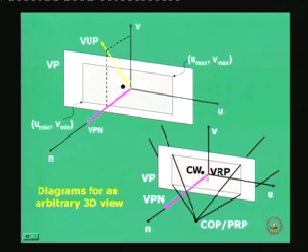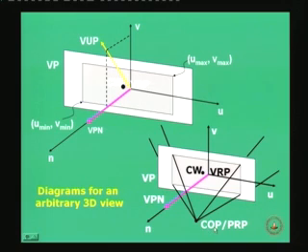We have the center of window, we have a view reference point. In addition, we have a center of projection or perspective reference projection respectively, a center of projection basically, or PRP as it is called, projective reference point. PRP is projective